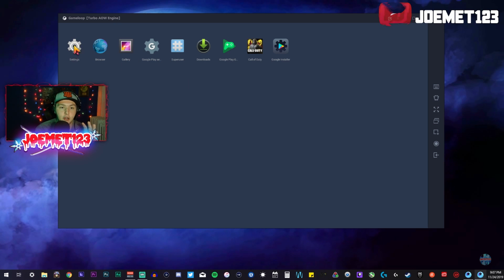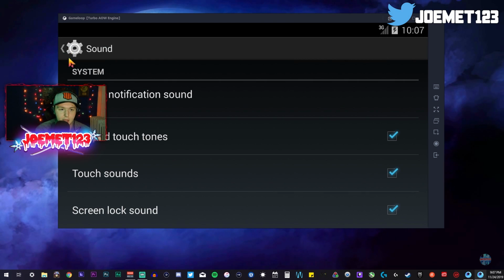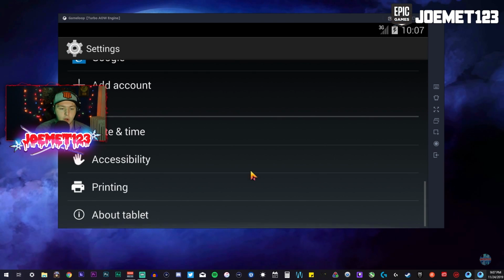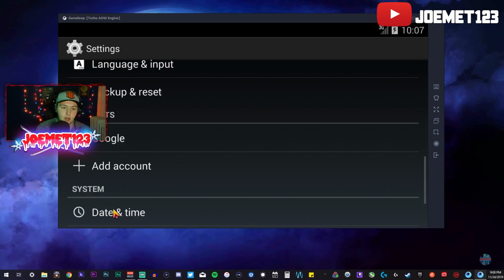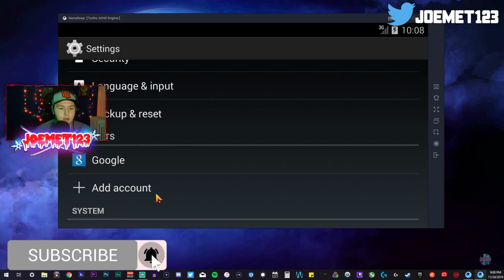First things first, you're going to want to go ahead and go to your settings, and you're going to want to scroll down. I should also add that you can't as easily use controller in Call of Duty Mobile as you think you can. It's a little bit more complicated than just plug and play, so just get ready to set that up after this as well. I know, it's annoying, but,